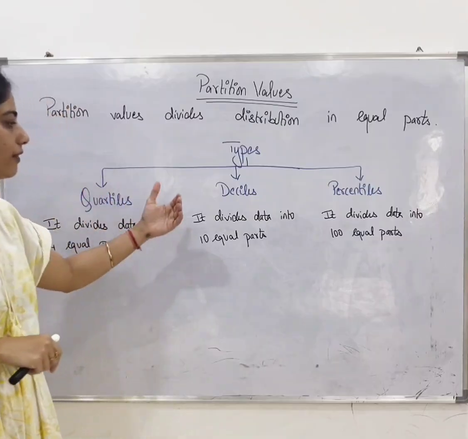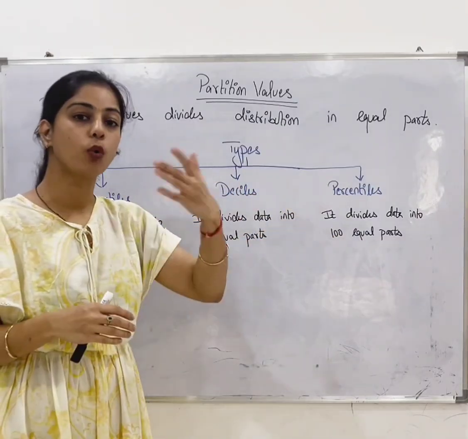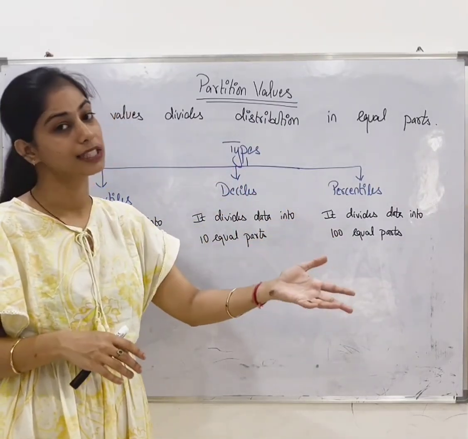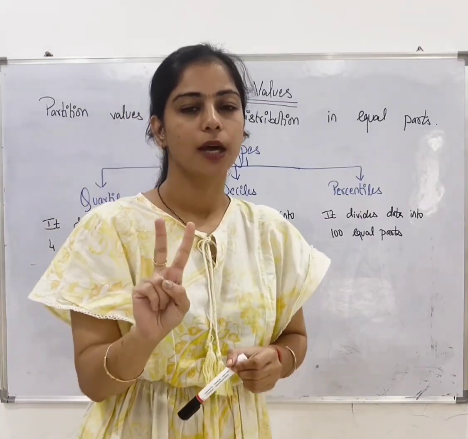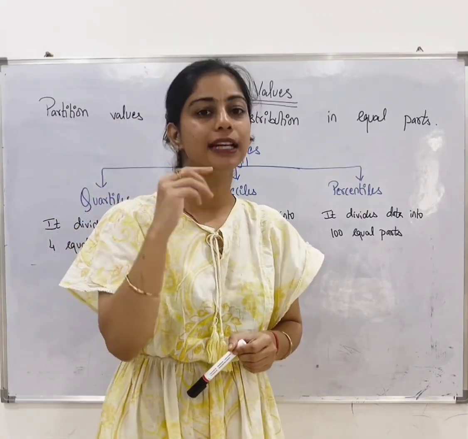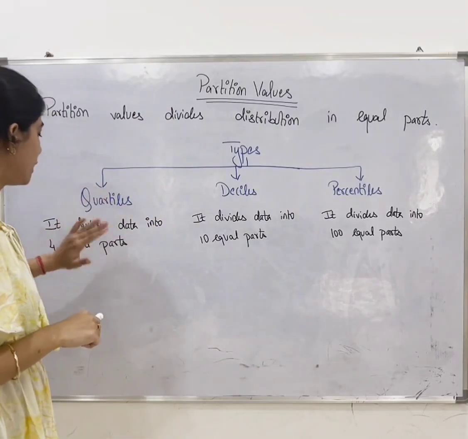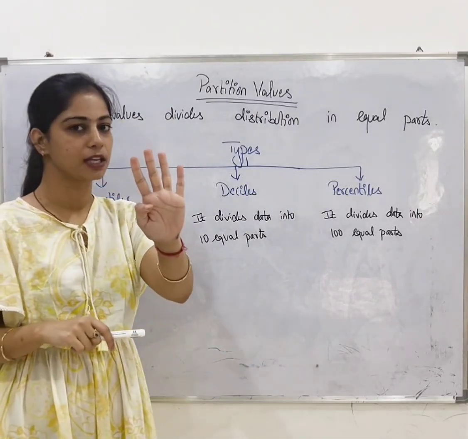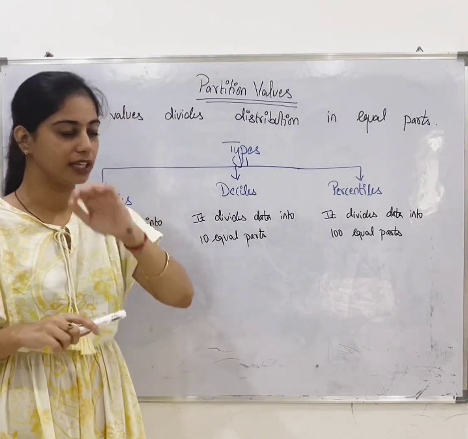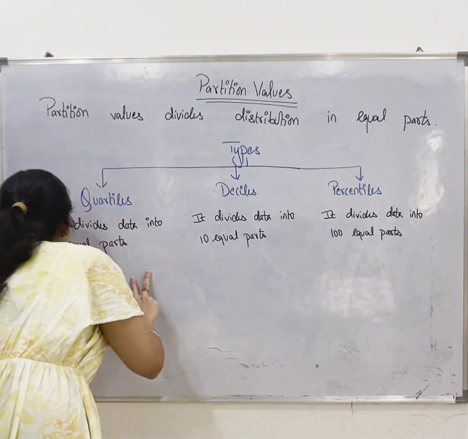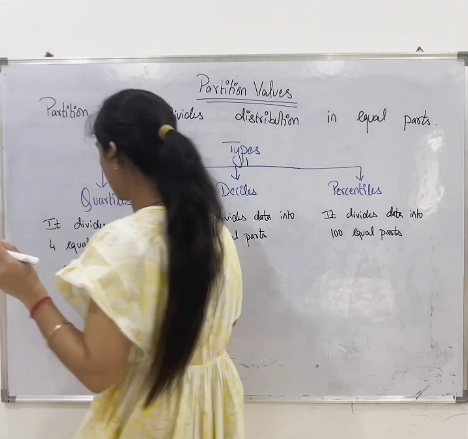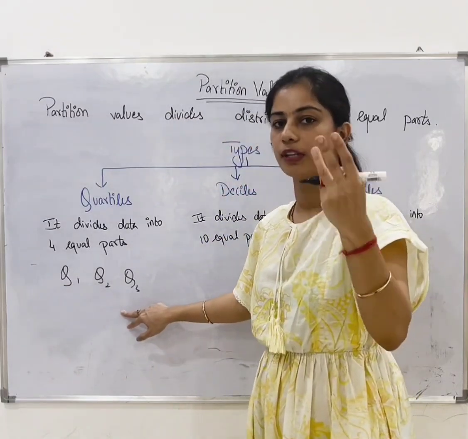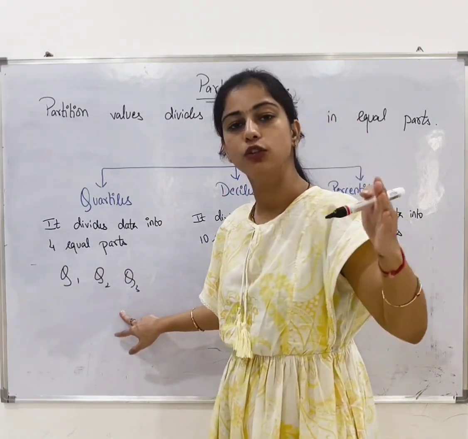Since they are dividing into these many parts, how many quartiles, deciles or percentiles do we get out of it? When we talk about median, it divides the data into two parts, but the answer we get is a single value, right? In that way, quartiles divide the data into four parts, so 4 minus 1, you will have 3. So here you will get 3 quartiles, Q1, Q2 and Q3, which you obtain when you divide the data into 4 equal parts.